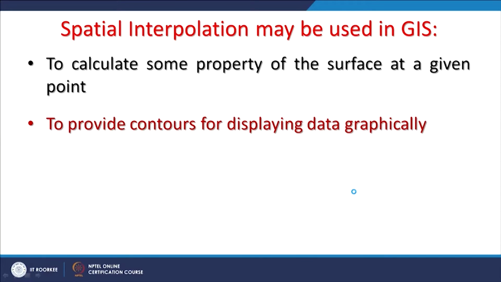So, once we have created a surface, which is really an end product, we can do a reverse process by using that surface. We can also draw contours at our desired interval. So, that is another advantage of having a surface from point data, that we can draw contours at whatever interval we want. Basically, what we are trying to extract from this spatial data, or raster surface, or interpolated surface, is the trends,